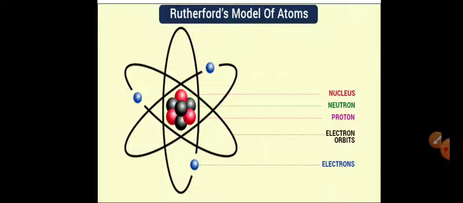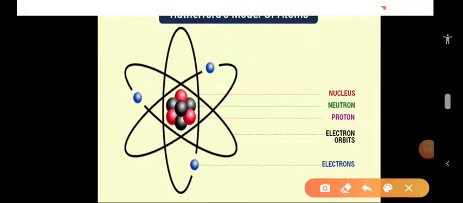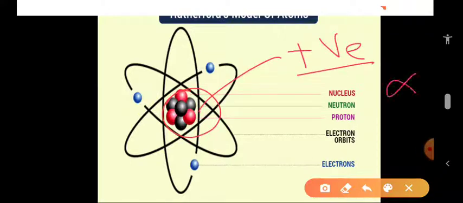So from that experiment, Rutherford found that some positive charge is there at the center. That's why alpha particles are returning back immediately. That is the reason. Okay. So from that experiment, Rutherford found that some positive charges are there at the center. Because of that, alpha particles are returning back when they strike the center of the atom. So finally Rutherford found that all the positive charges are at the center.